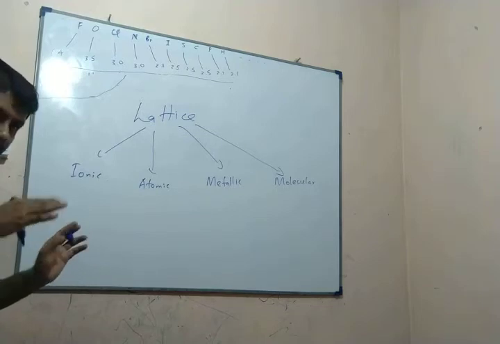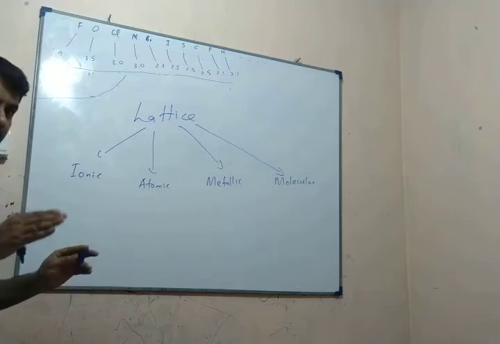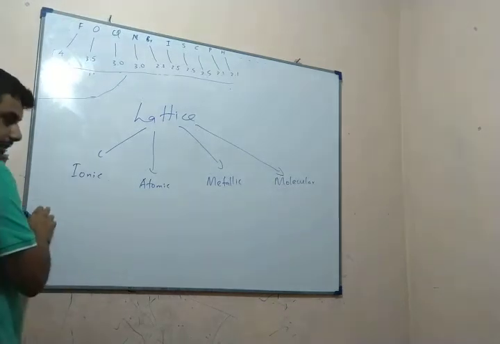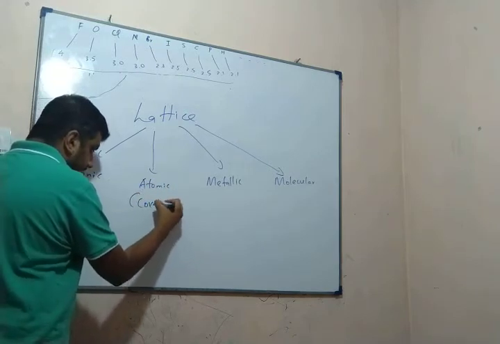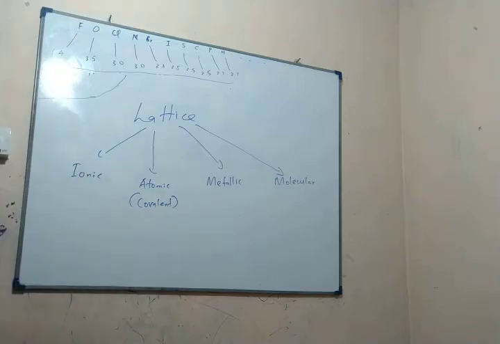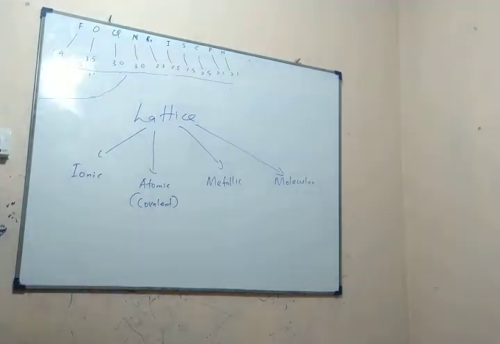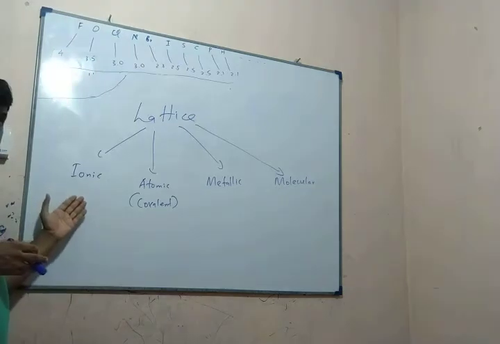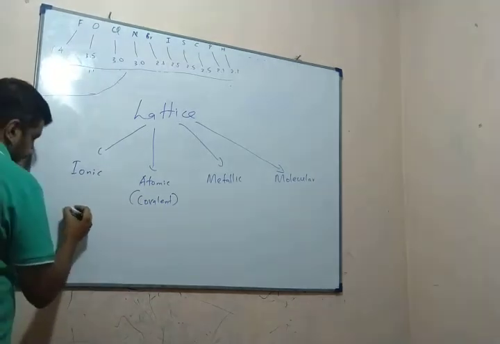Fundamental particle or repeating unit and the type of interaction between themselves. Okay. Ionic lattice, atomic lattice. There's another name for atomic lattice: covalent lattice. Atomic lattice or covalent lattice, metallic lattice and molecular lattice. Ionic lattice: what are its fundamental units? Namely, ions. Ions are the fundamental unit, that is cation and